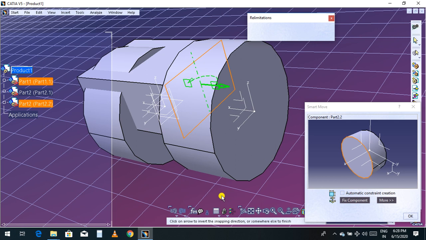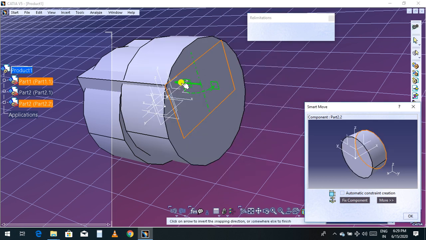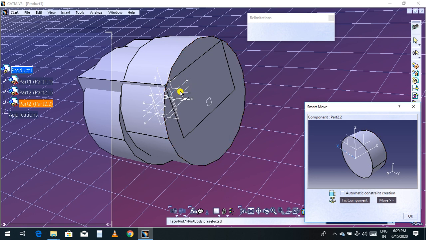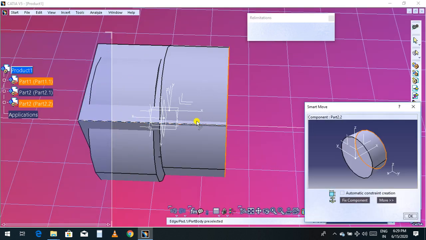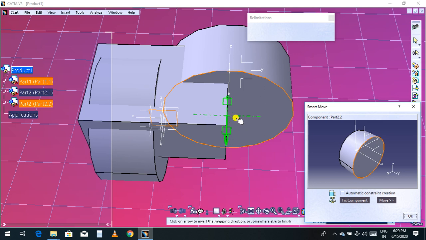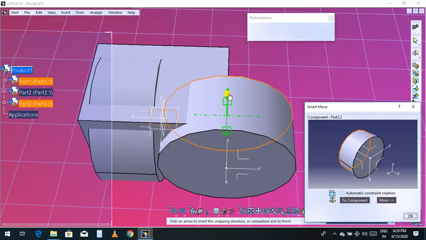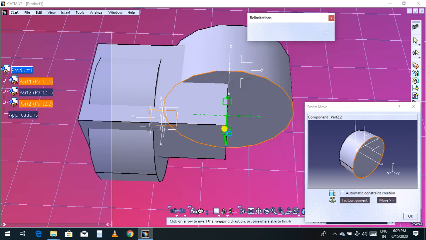So now just reverse the directions. Now it can change the directions.